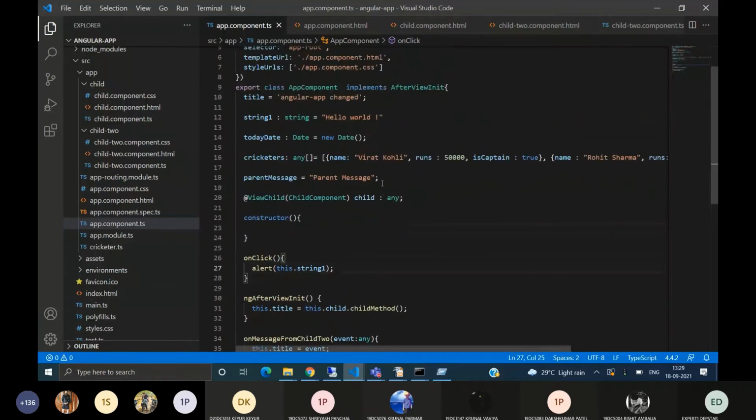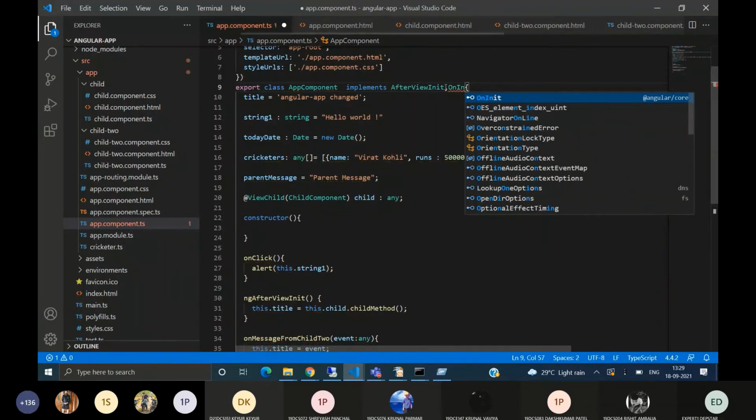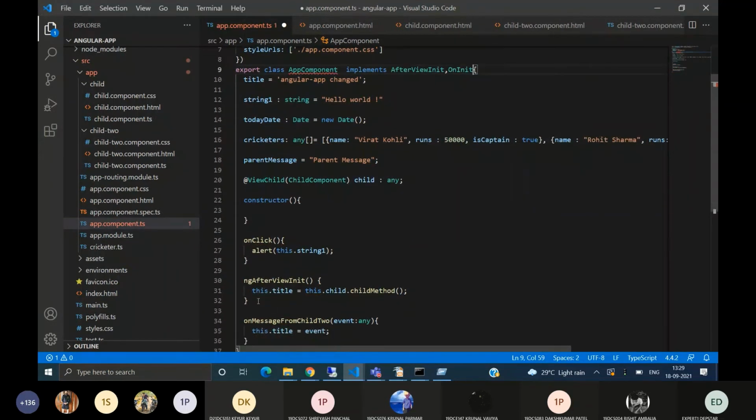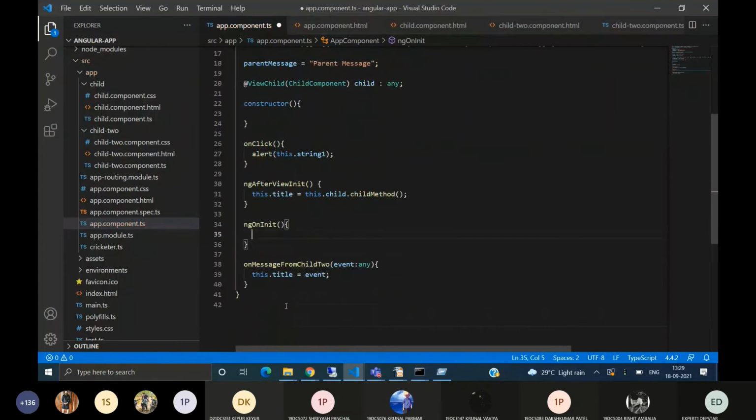To use it, we have to implement the OnInit interface and get the ngOnInit method. So this will always be invoked when the component is being called.